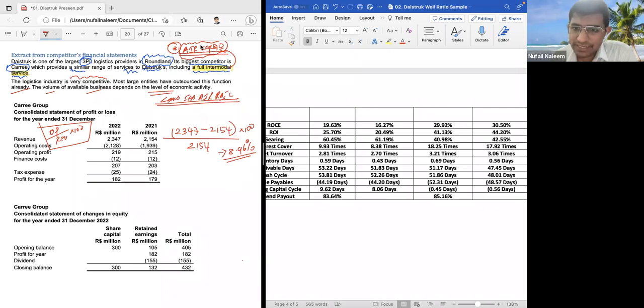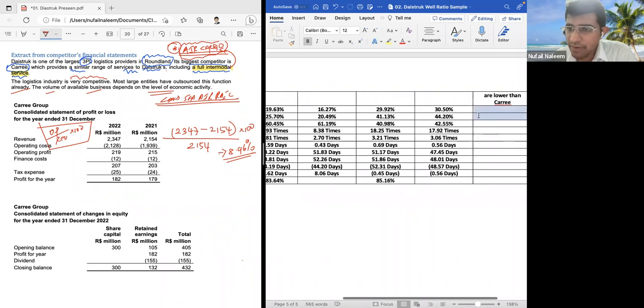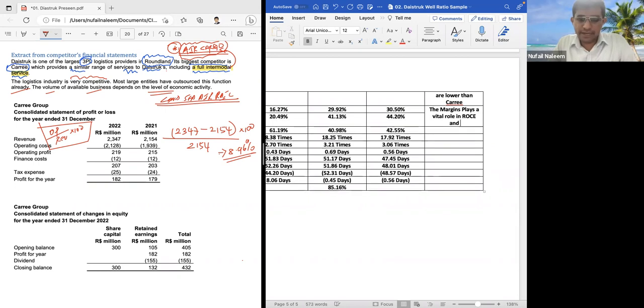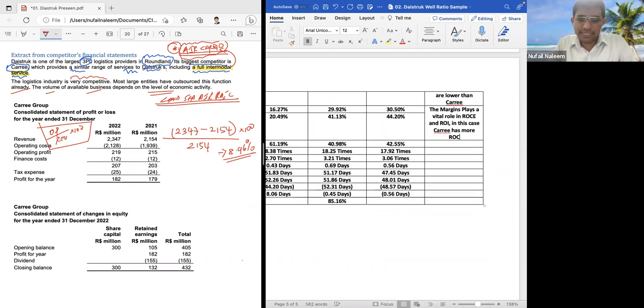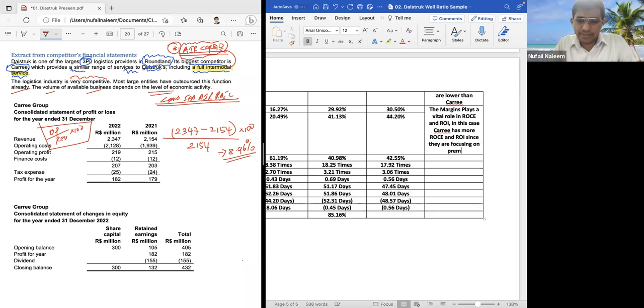Thank you very much, students. So I believe that ideology is very, very critical. If I am not mistaken, I will merge this together and write the application very clearly. The margins play a vital role in ROCE and ROI. In this case, Carry has more ROCE and ROI since they are focusing on premium service,